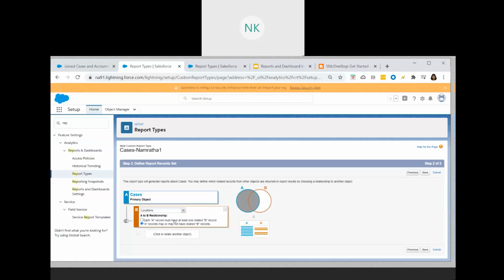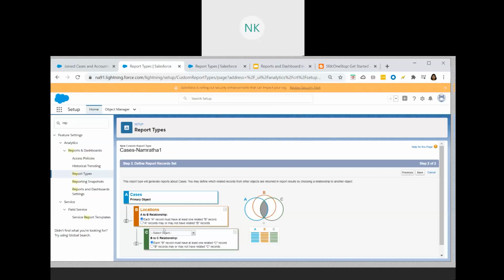So based upon your scenario or your requirement, you will have to choose whether you are looking for the one which has at least one related B record, or you are looking for may or may not have related B records. Let's choose A and then click here; you can add one more related object. So for the location, what are the related objects?